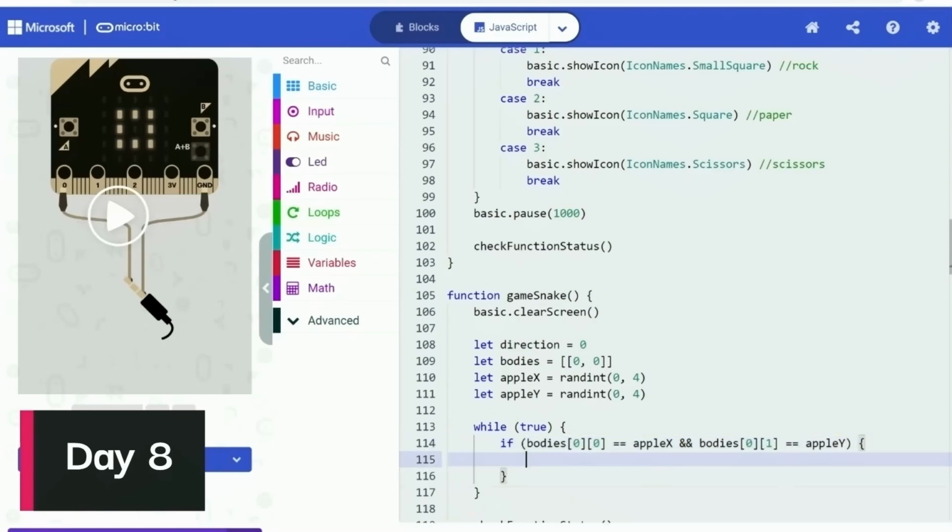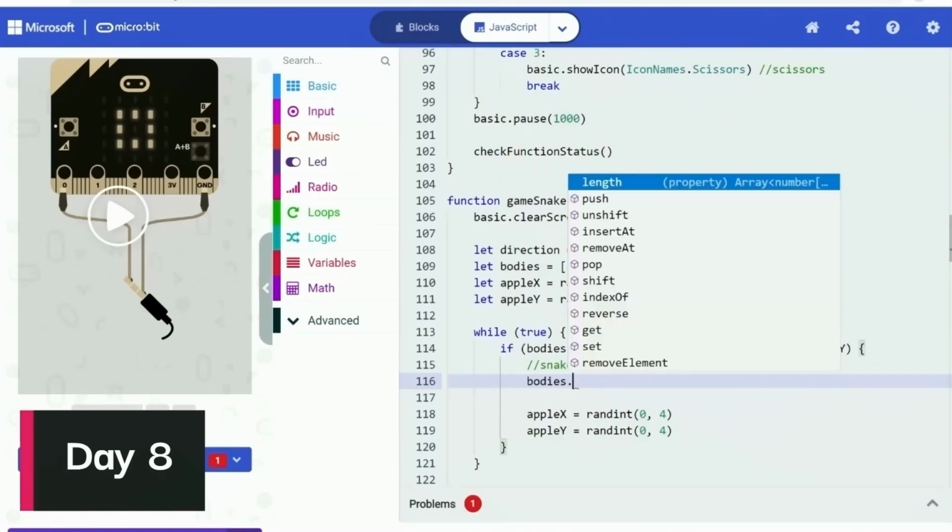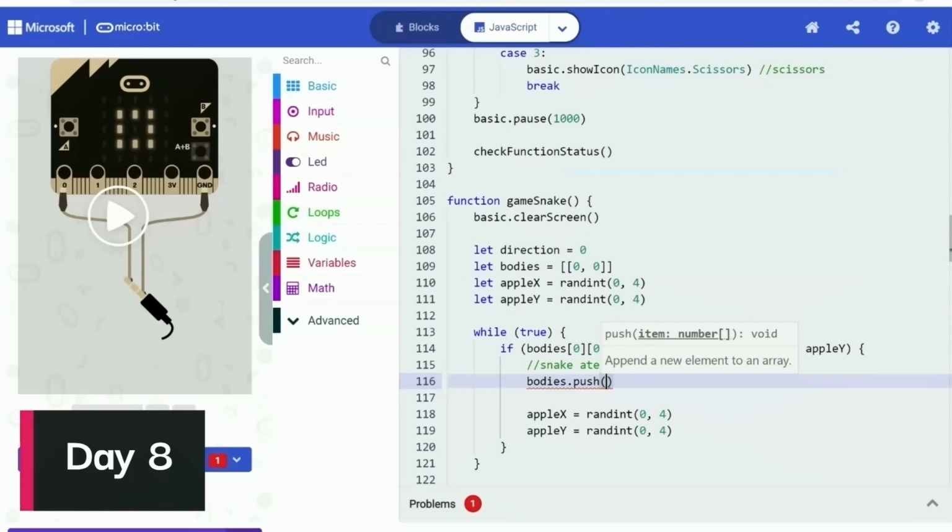For the game logics, I first started with the logic for the apple, and that was pretty easy. I only needed a condition to check the position of the head of the snake and the position of the apple, and if the positions are the same, the apple will be eaten and the snake will grow one more body part, then the apple will also move to a new randomly generated position.